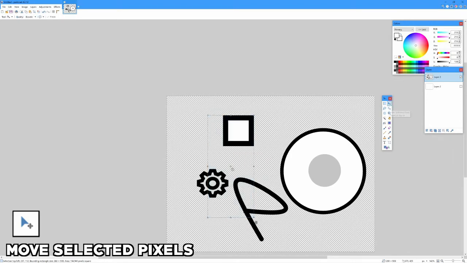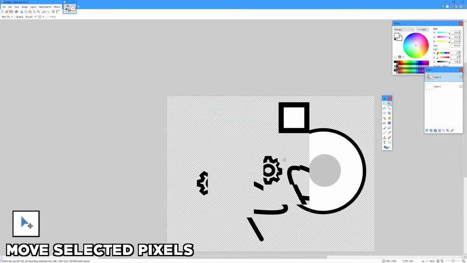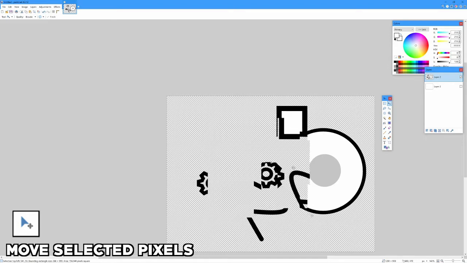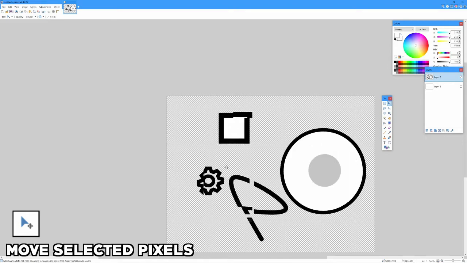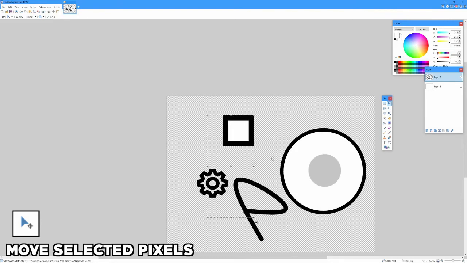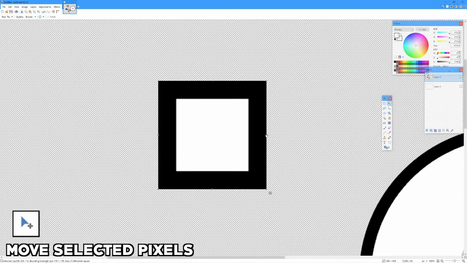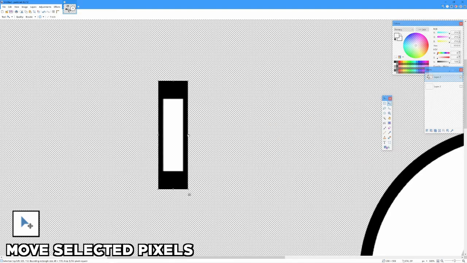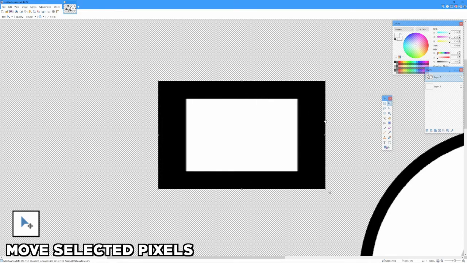So when I move this, you see the part that was currently in the selected area will get moved. Yeah, and I forgot to mention, let's go back to here. Let's say I wanna resize this, then we go back to the move selection. So I can resize it, but be aware,